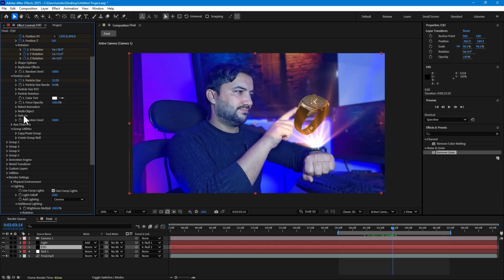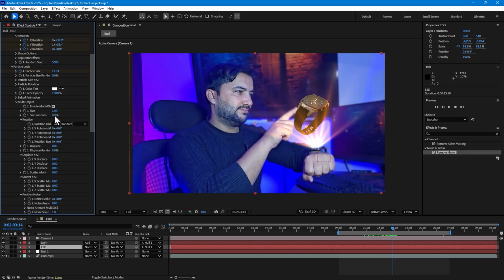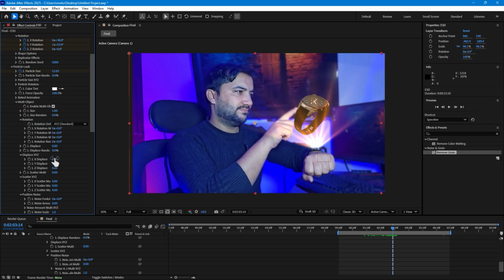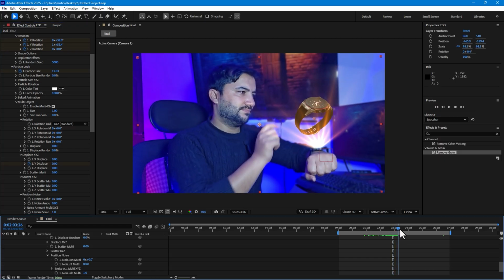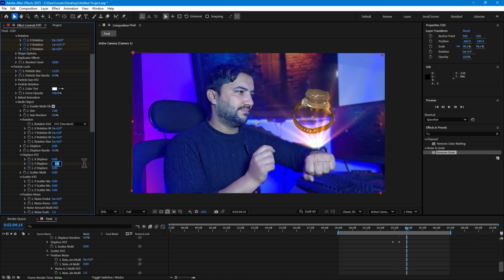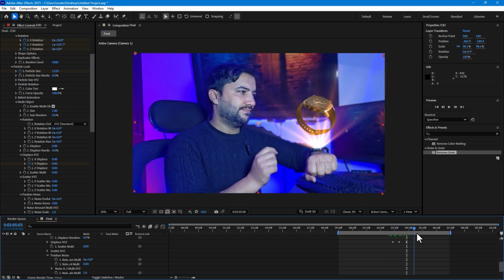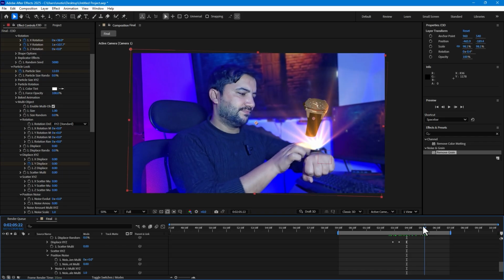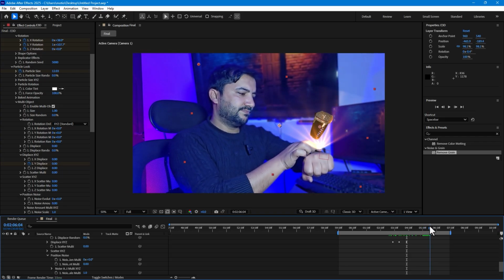Take a look. Go to multi-object, turn on the multi-object, and here you can see the multi-object like this. Take a look. Stopwatch. When I touch the watch, it must become like this and go back to 0. Take a look. Good. When I click the watch,